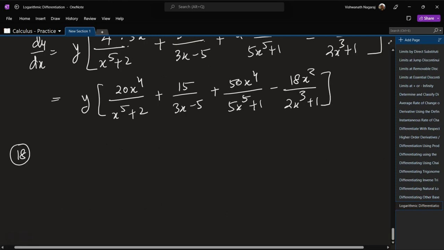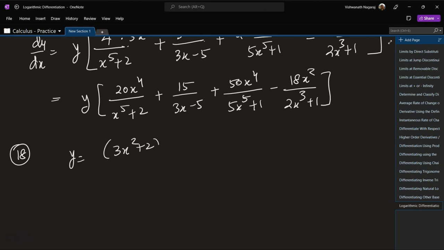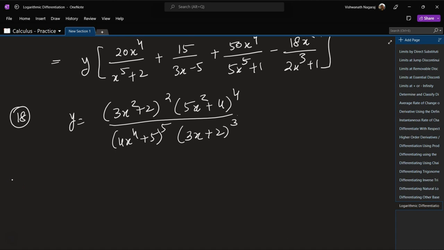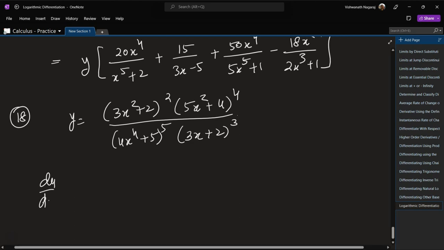And 18th one, y is equal to 3x square plus 2 square times 5x square plus 4 to the power of 4 divided by 4x4 plus 5 to the power of 5 times 3x plus 2 to the power of 3. So what this boils down to is natural log of this plus natural log of this minus natural log of this minus natural log of this. Dy by dx is equal to y as it is 2 times 1 by 3x square plus 2 times 6x